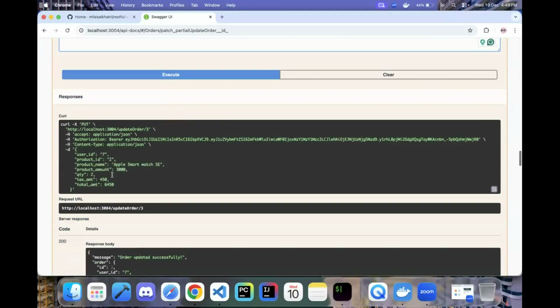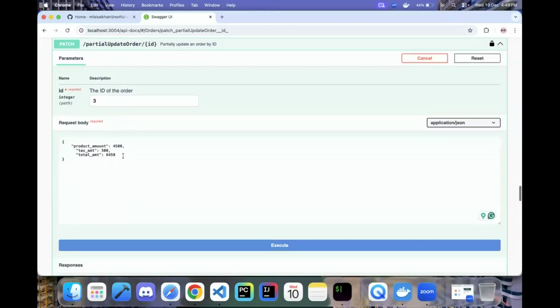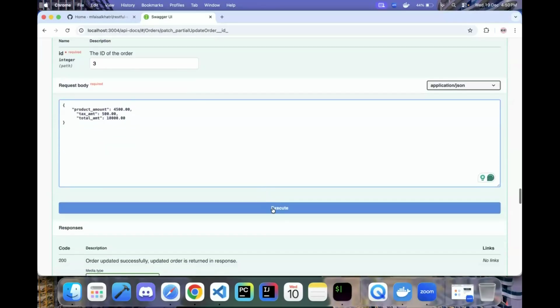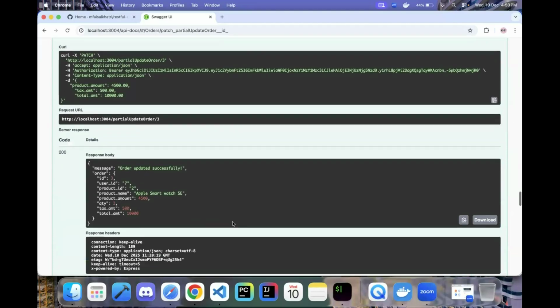Let's multiply the product amount by 2, so it comes to 9,000. 4,500 into 2 is 9,000 plus 500 comes to 10,000. And let's put it in decimals and click on execute. Now we can see the values for the product amount, tax amount, and total amount